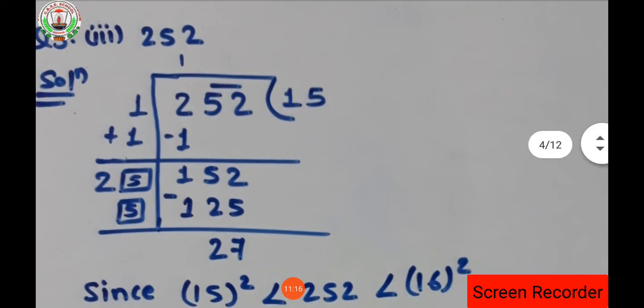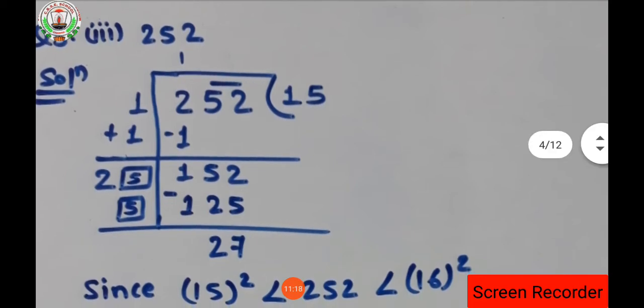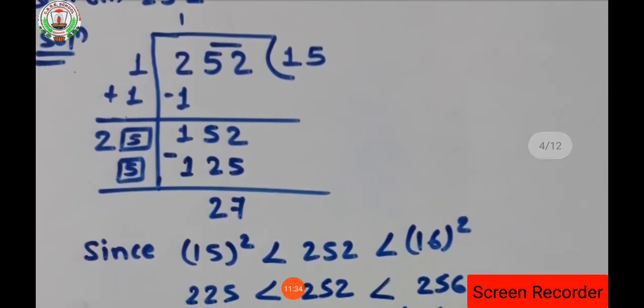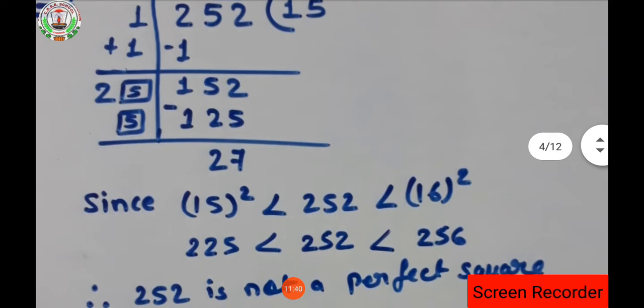So 2 is a number. Okay, so 2 2 is 4, that is greater than 2, so we won't take 2, we will take 1. So 1 1 is 1, it will be subtracted, and we will leave remainder 1. Now 52 together comes downside, so the number becomes 152. Now you have to think of a number. So 5 is the number. Okay, so we will multiply and we will get the remainder as 27.